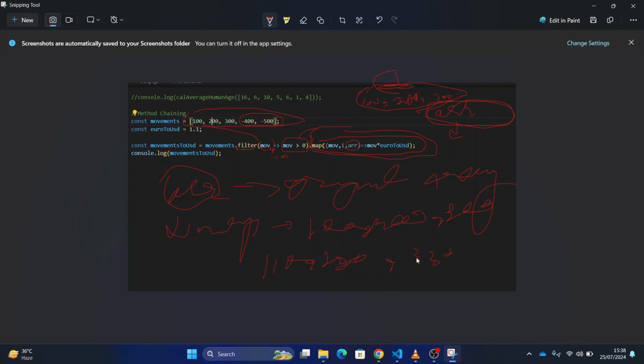I was first thinking that the filter method returns an array which contains the first element, then the map method applies to it, and then at the end of this line it iterates again to the next element, and then the new array is